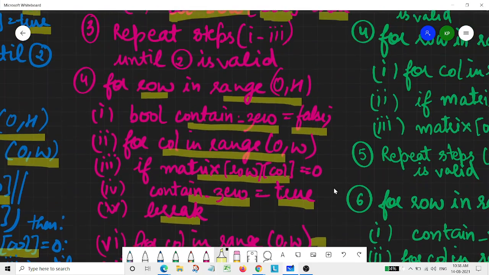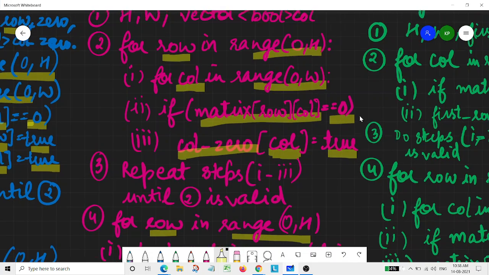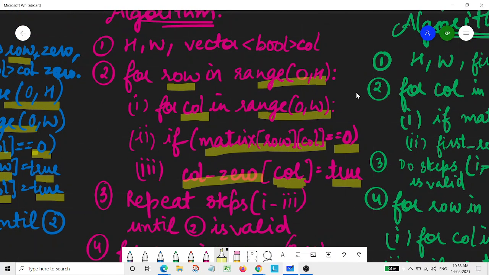So in this algorithm, we were having just one vector this time, and basically we were having space of order of n only.